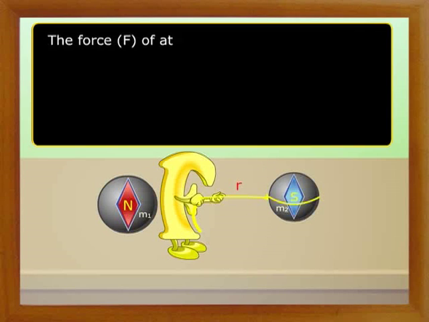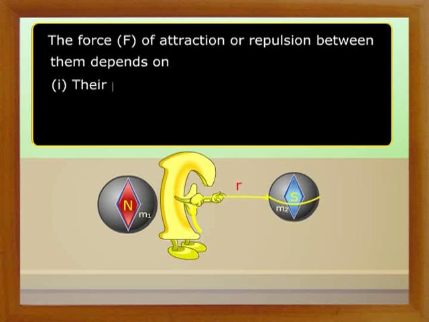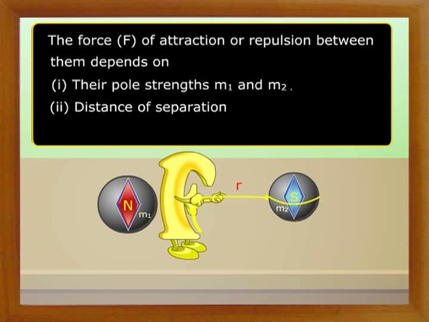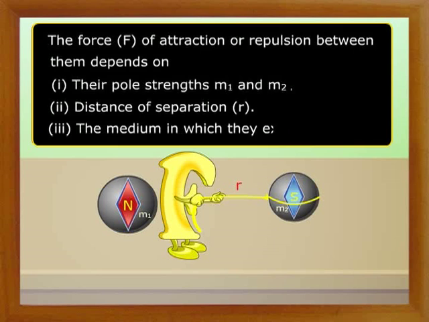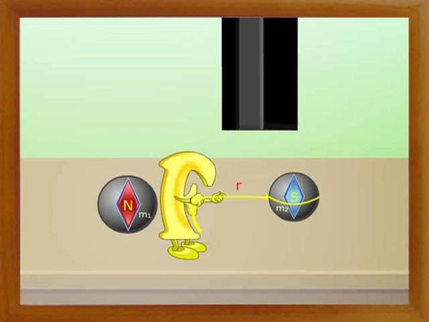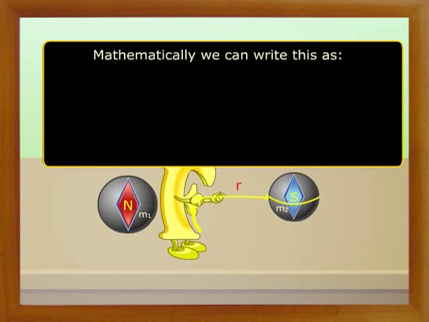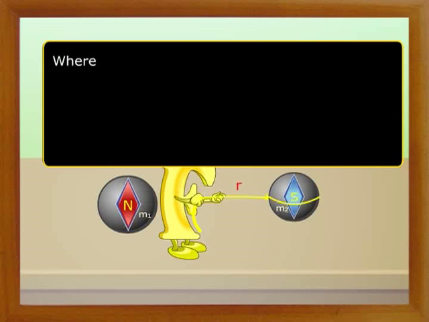The force of attraction or repulsion F between them depends on 1. Their pole strengths m1 and m2, 2. Distance of separation r, and 3. The medium in which they exist. Therefore, mathematically we can write this as F is directly proportional to m1 m2, and F is inversely proportional to 1 by r square, or F is equal to k m1 m2 divided by r square, where k is the